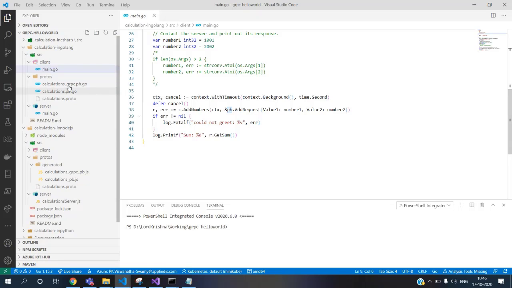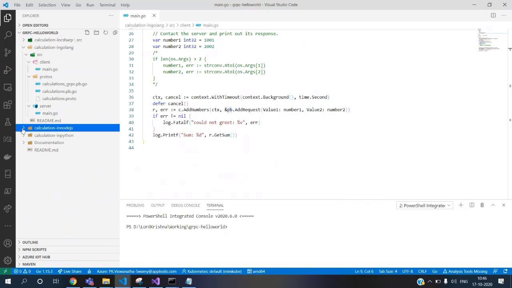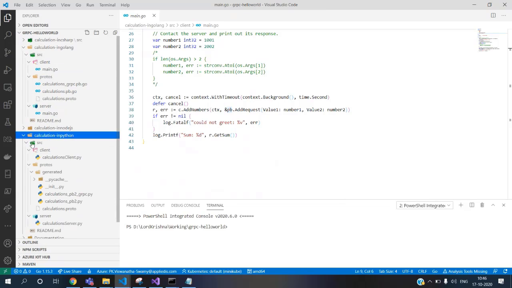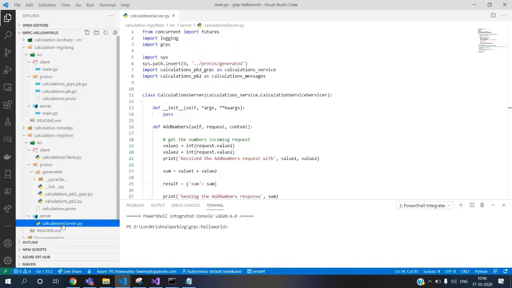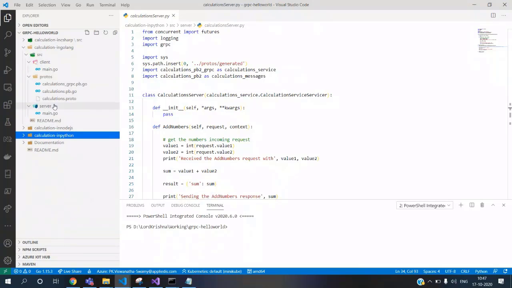One thing I faced a problem with is that I could not figure out something which I was able to do in Python, where I can go and grab the modules which I have defined. For that, I need to add the sys path, and it was able to go and grab this and load it here. But in this, I was unable to do that. So when I was working on it, it was showing